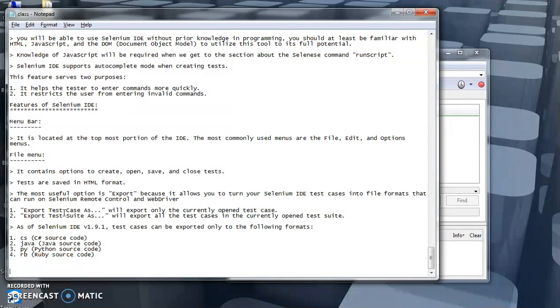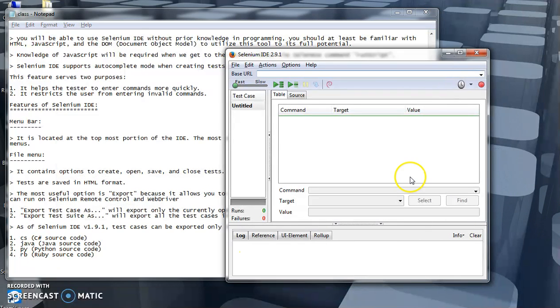Export test case as well. It exports only the currently open test case. Export test suite as will export the whole suite. Which language you want to export to, all the things we can see here. See now,